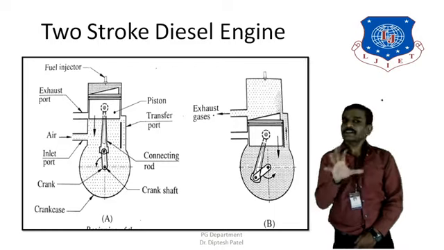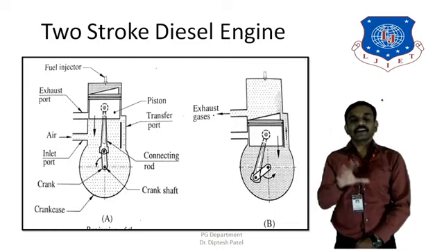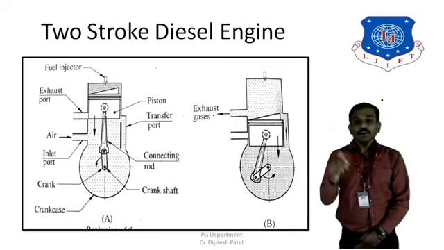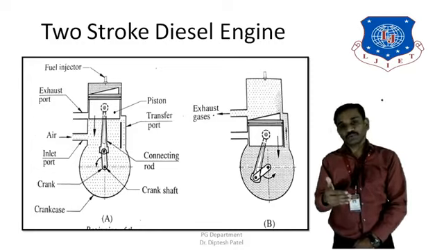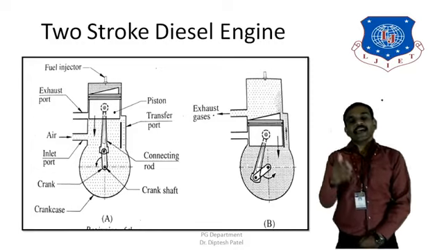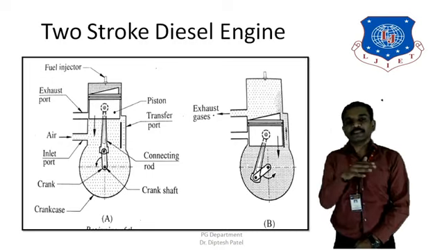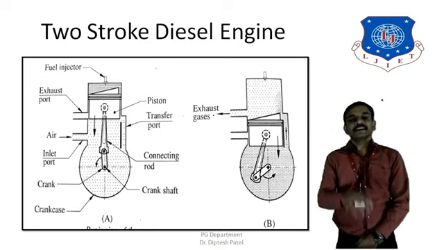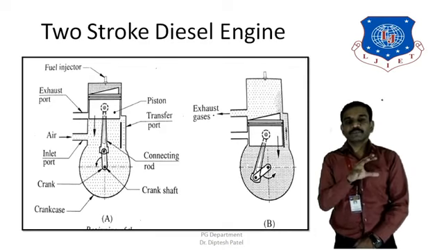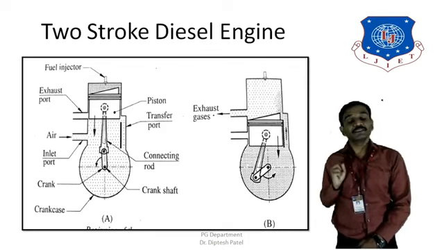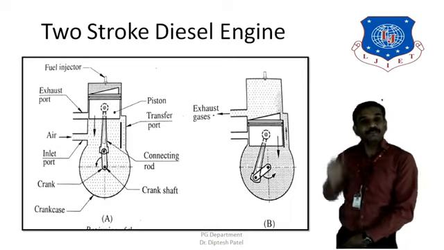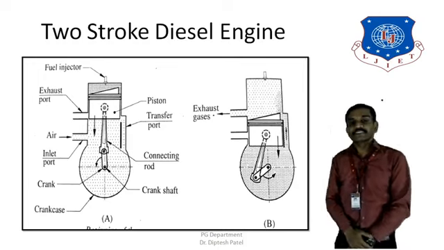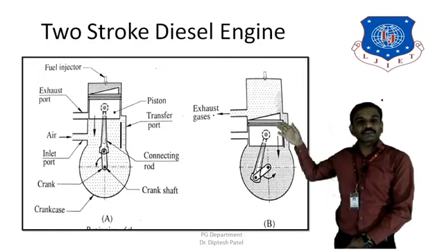Second type is a two-stroke diesel engine. Again, here all four different processes: suction, compression, expansion or the power, and the exhaust, all four processes complete in a two-stroke, and that's why it is known as the two-stroke cycle. And it works completely the same as the two-stroke petrol engine, but the slight difference is that we do not require any spark plug to start ignition in the cylinder. The ignition takes place spontaneously when we inject the diesel through the fuel injector, which is provided at the top of the engine. So basically, you can see the inlet port, transfer port, exhaust port.